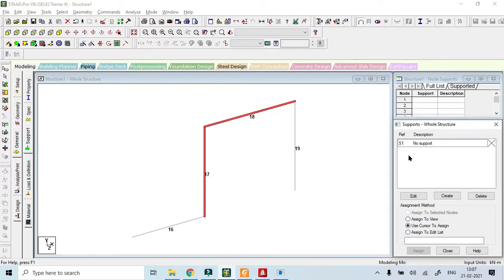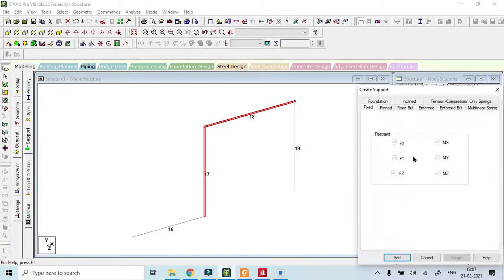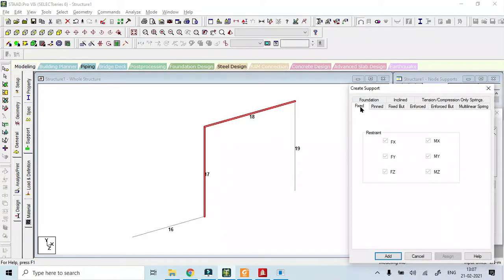You remember one thing: support conditions are assigned on nodes. So you can see my cursor will change into a node cursor by default. There are 3 options: edit, create, and delete. When I click create, you can see this window, and you can see different types of supports that are available here. For the time being, when I click the fixed support, it will show you